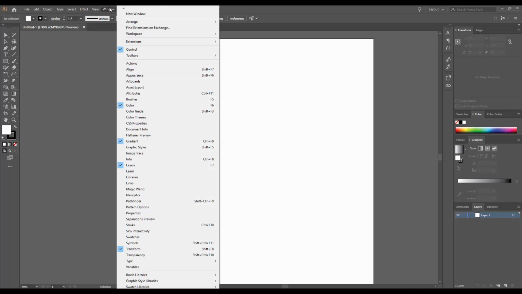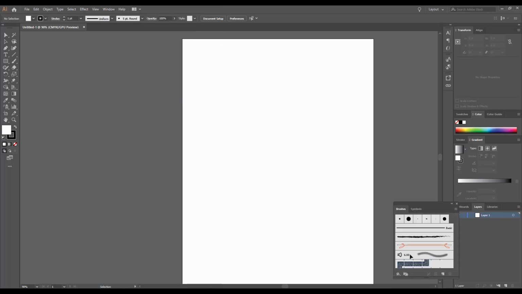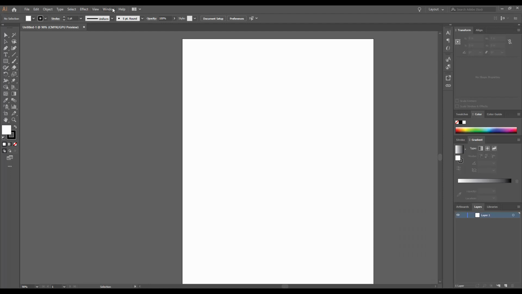And then of course Window. So this is a really great thing to show you if you need to turn on an extra panel that hosts a whole lot of different types of tools that you want to work with. This is what you do. So for instance, if I wanted to open the brush panel, you can see that it opened up a little window, essentially what a panel is, but it hosts a whole lot of different tools that you can use to create the lines and shapes that you want to create. I'm just going to simply click close just to close that panel,